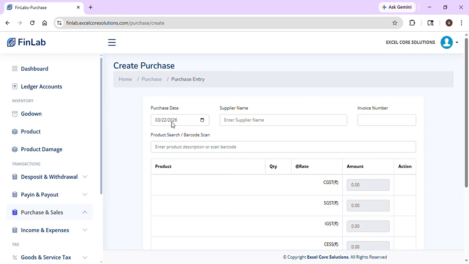Based on that we will change the date, and here we have to type and select the supplier name, that particular sundry creditor. Here supplier name is the sundry creditor for the purchase entry, so we are just typing A and I am getting all the A related sundry creditors showing over here. We are just selecting the respective party, and then we have to enter the invoice number over here,